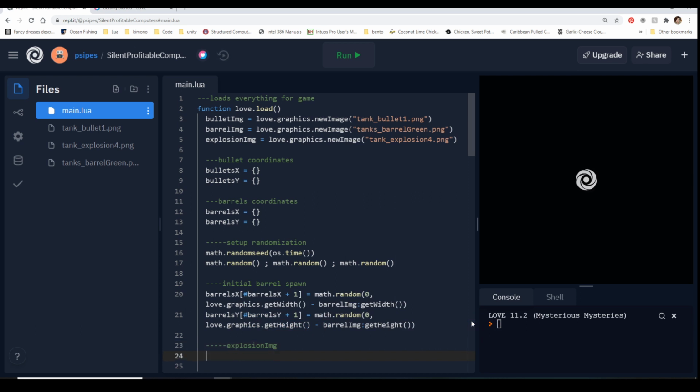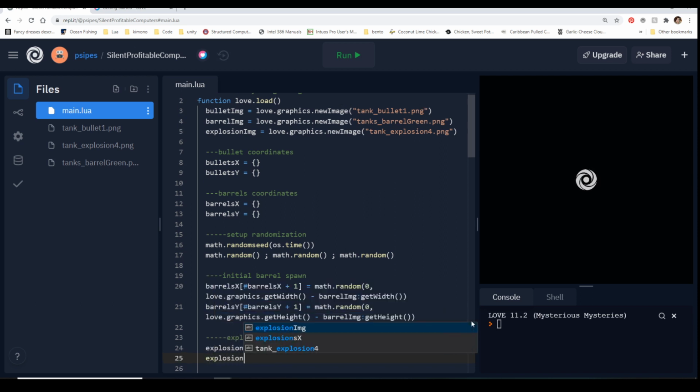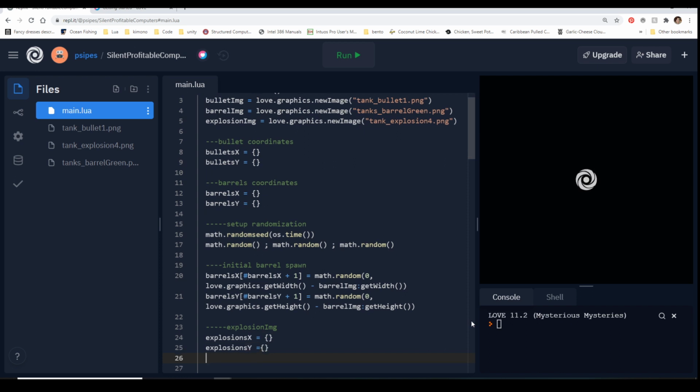And to do this, we're going to do the same thing that we've done with everything else. We're going to have an explosions X. We're going to have an explosions Y. And we're going to add one more that we're eventually going to use: explosion timer. Now we're going to use explosion timer eventually